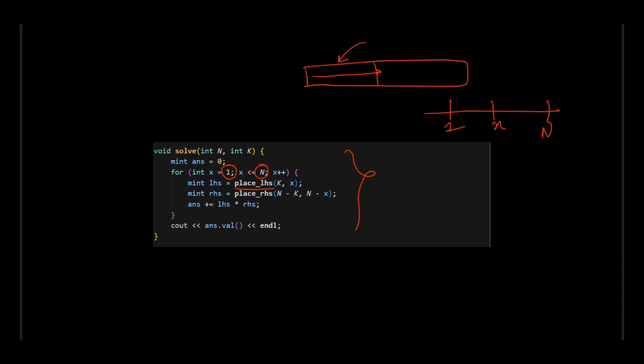And in the LHS you have k elements that you want to sample from, and the sampling should be done from 1 to x, while also ensuring that the x is achieved. And on the right hand side you want to sample from n minus x elements, but after you have done the sampling you have to sort it, and that's why there is only one way to sort it. So that's why all you have to do is sample n minus k elements from n minus x elements. And since both the choices are independent,